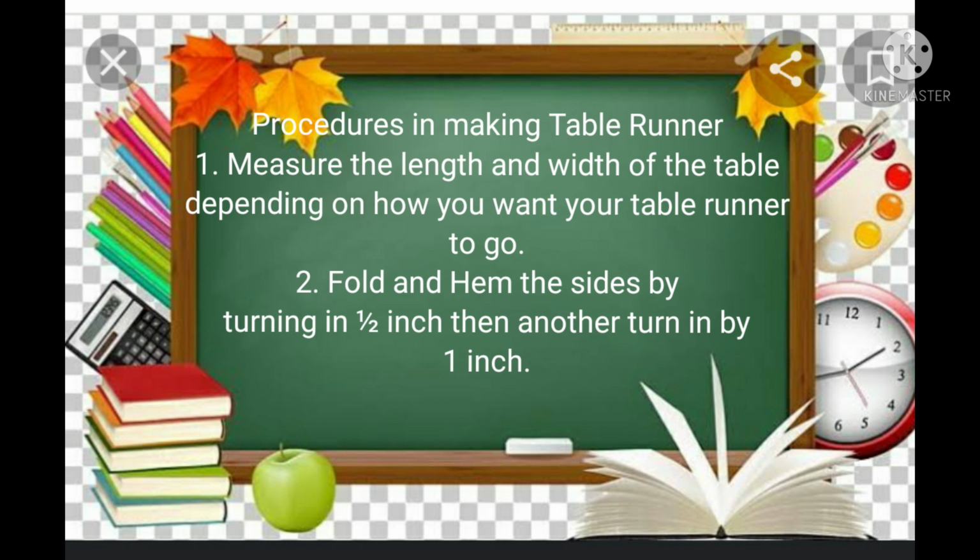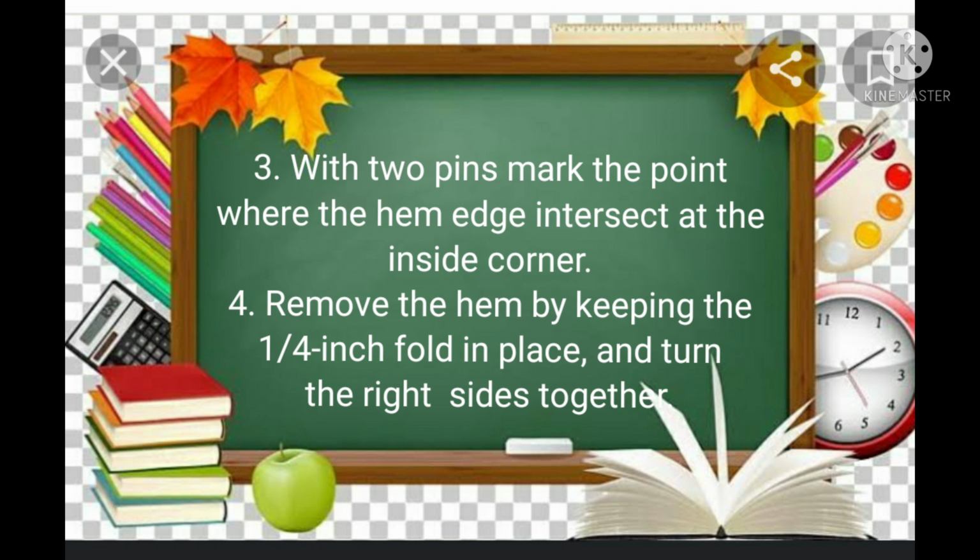Here is the procedure in making the table runner. First, measure the length and the width of the table, depending on how you want your table runner to go. And number 2, fold the hem of the sides by turning in 1/2 inch, then another turn in by 1 inch. Number 3, with 2 pins, mark the point where the hem edge intersects at the side corner. And number 4,